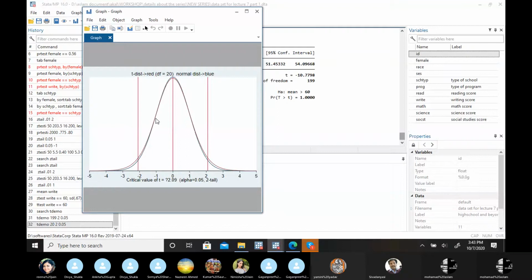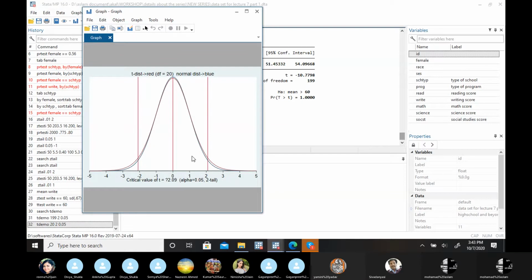Then you can see the difference, right? For 20, now you can see the distribution for T, that is the red, is much wider as compared to this particular blue one. So in this case, the critical values will differ. With a small sample, the t and normal distribution will differ, but with a large sample, they get merged.